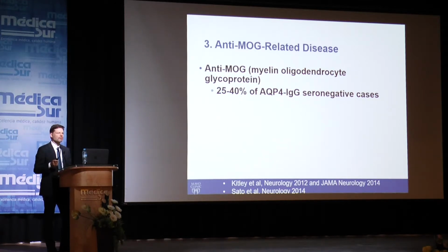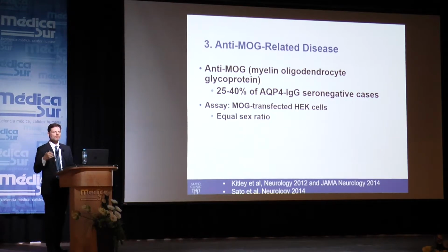However, things have changed. Even though many of us were skeptical about new assays about 5 years ago, the evidence has now accumulated very strongly that new generation MOG assays, which are highly specific, can detect CNS inflammatory demyelinating syndromes that are distinct from aquaporin 4 disease and from multiple sclerosis. In fact, if you take patients who appear to have clinical NMO but are aquaporin 4 negative, somewhere between 25 and 40% of them, depending on their clinical phenotype, will have MOG. So that's pretty exciting.